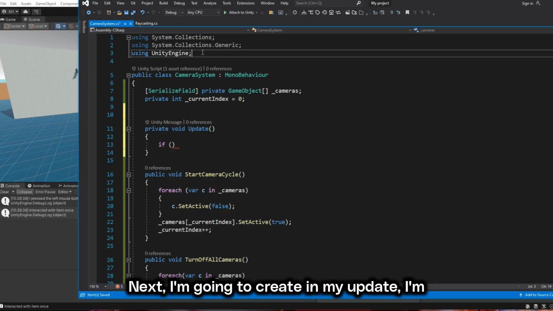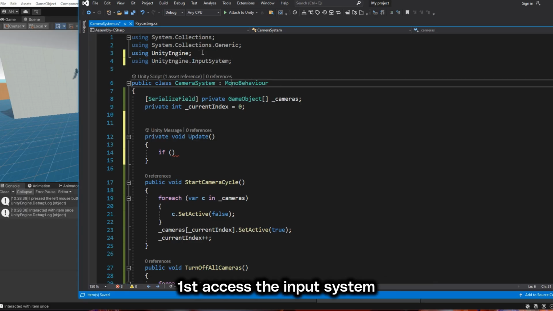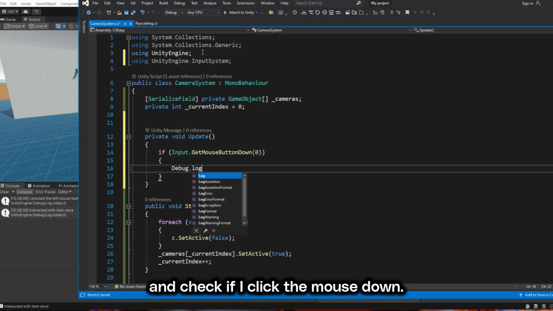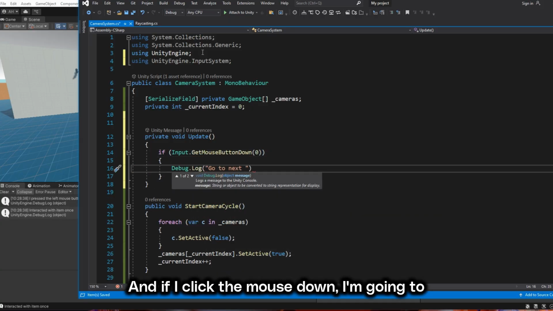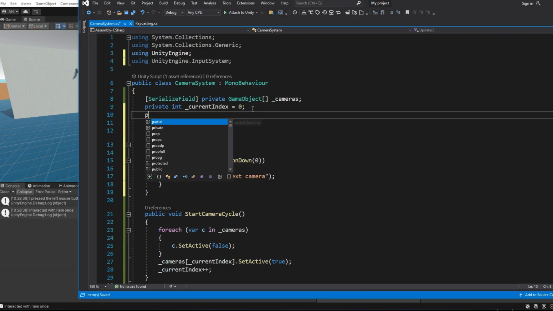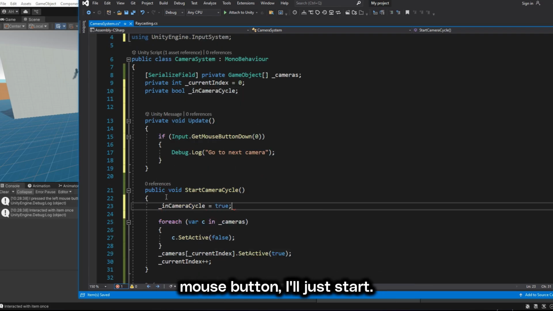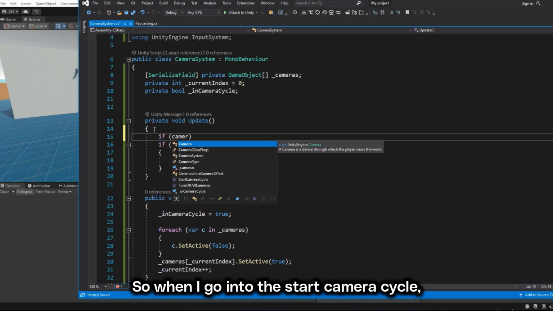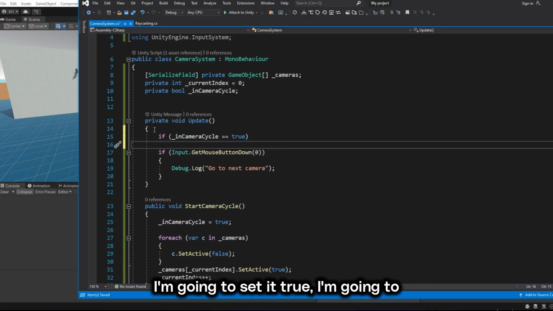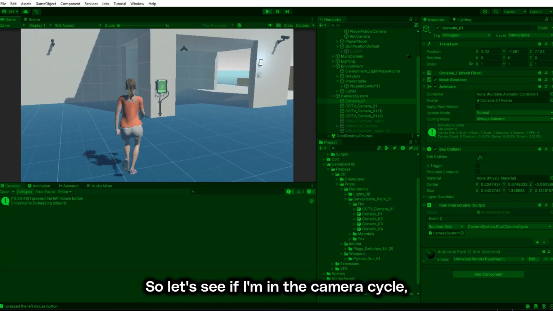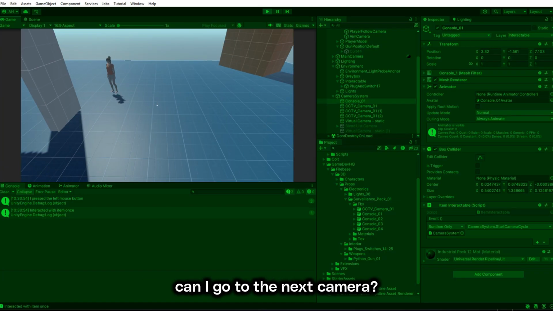Next, I'm going to create in my update. I'm going to first access the input system and check if I click the mouse down. And if I click the mouse down, I'm going to go to the next camera. Now, I need to make sure I'm in the camera cycle, otherwise when I press the left mouse button, I'll just start. So when I go into the start camera cycle, I'm going to set it true, verify that it's true, and then go to the next camera. So let's see if I'm in the camera cycle, can I go to the next camera? Clicking the left mouse button,